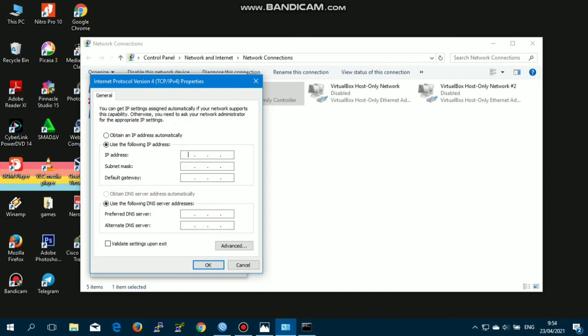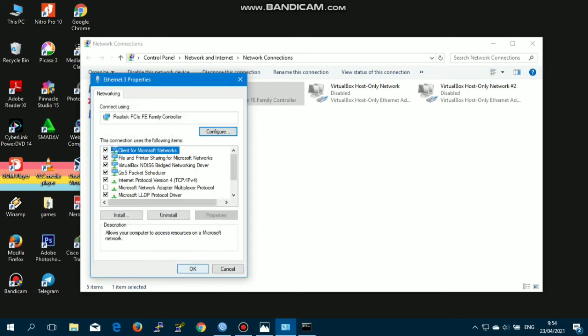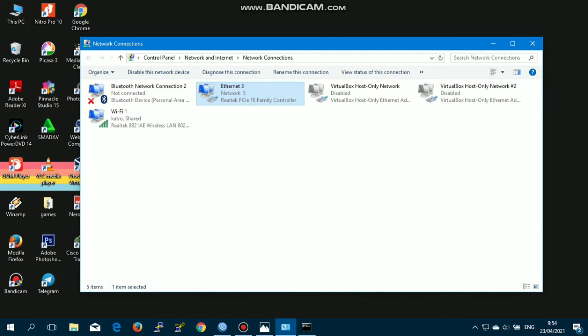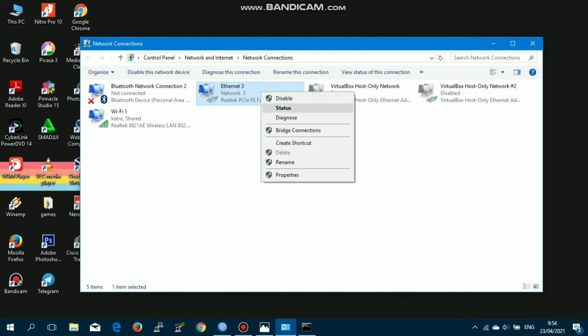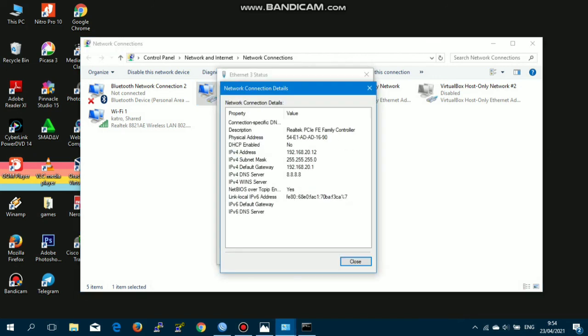Then do the test by changing the IP to static on the client as below with the address 192.168.20.12 and /24 and the default gateway namely 192.168.20.1. The DNS server is 8.8.8.8. Click OK. After that, check the network connection details.